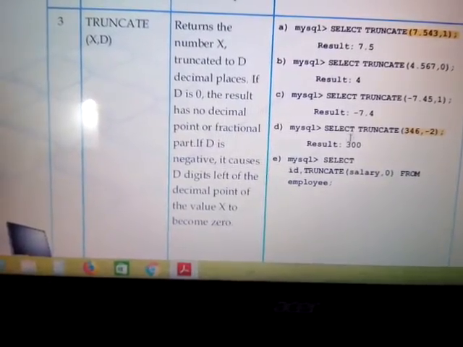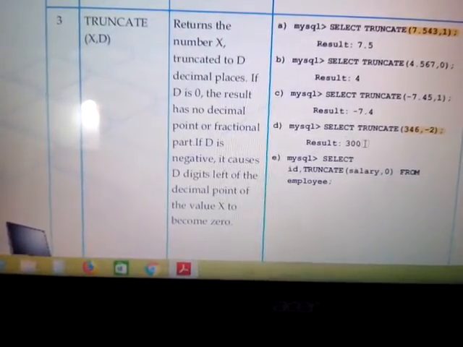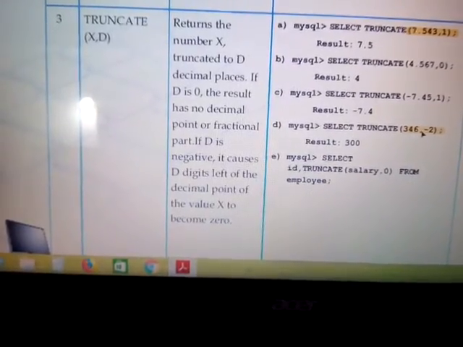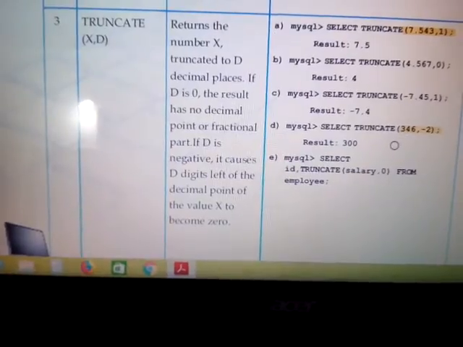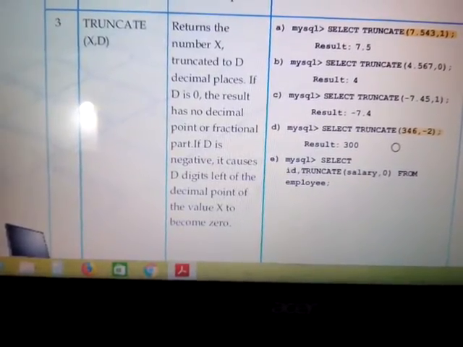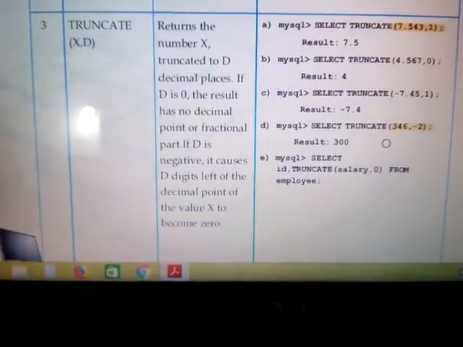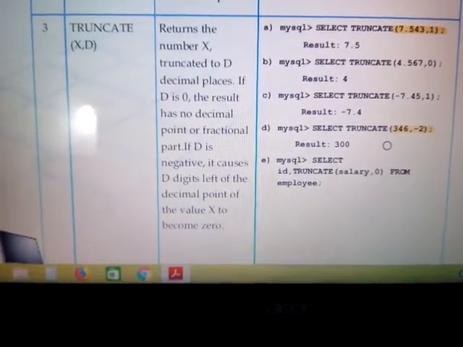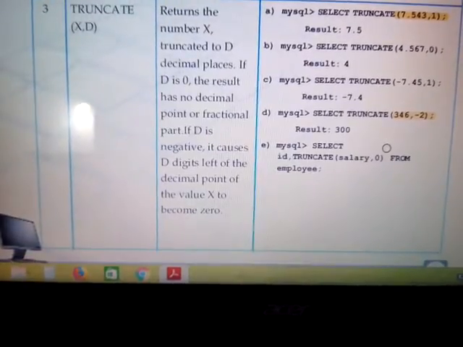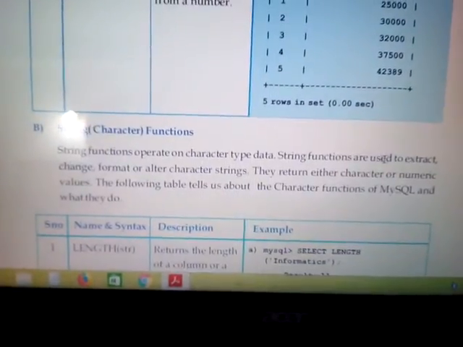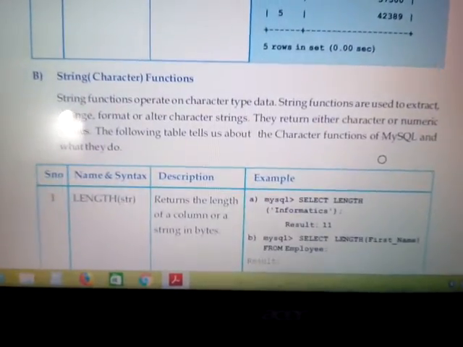Directly we write 3 exactly as it is. So the answer comes out to be 300. Even if it was 356 comma -2, your answer comes out to be 300 only, because here we are talking about truncate. So make the difference very clear: in case of truncate we simply chop the value, and in round we round off the number, meaning we check if the number is 5 or more than 5, then the number preceding it is incremented by 1.